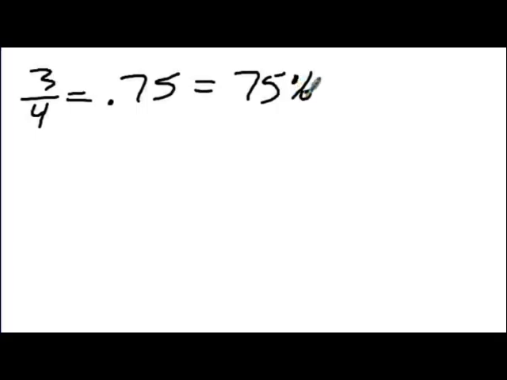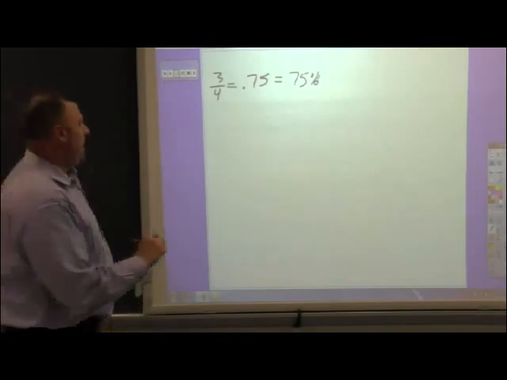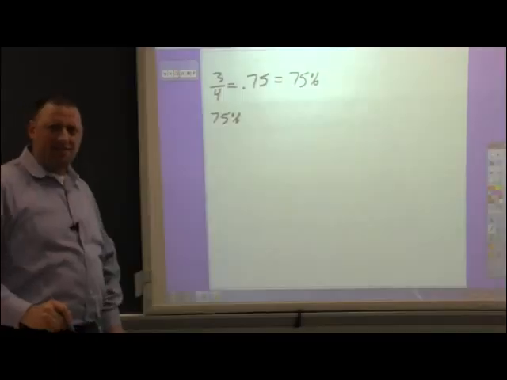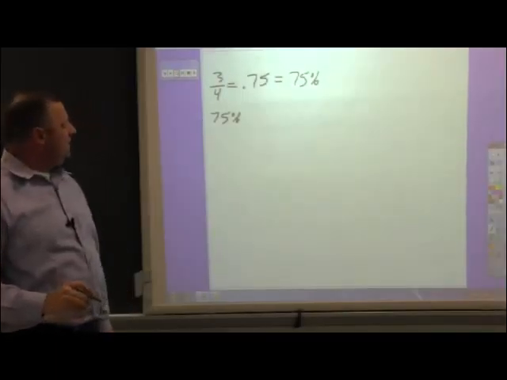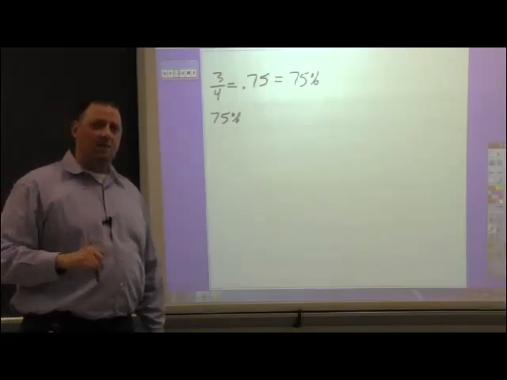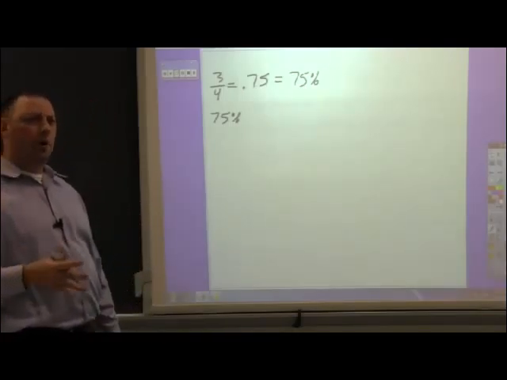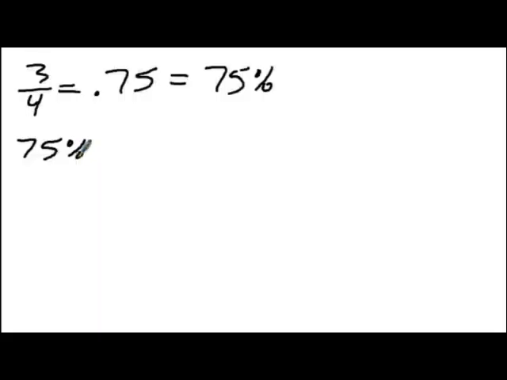Let's make sure we understand percent, though. So let's kind of work backwards. What if I gave you 75%? How would I go about writing that as a fraction now? Well, 75%. Percent, don't forget, that means per 100. So what you're going to do with that 75 is you're going to put it over 100. The word per means divide. So we're going to write it as